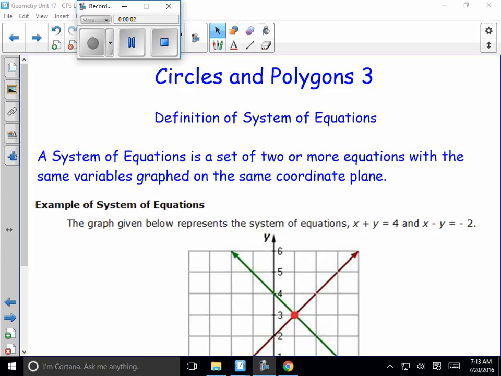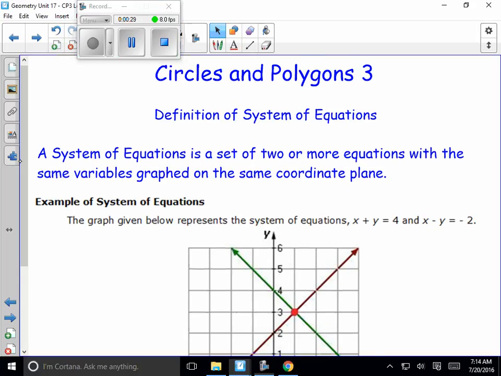Hello, and welcome to a quick mini lesson where we're going to look at systems of equations and use one specific type of system of equations to solve for the point of intersection. Because if you remember in our last lesson, we were looking at points of concurrency, where we were looking at the incenter, circumcenter, and orthocenter, and the point where they cross could be a point that we would want to